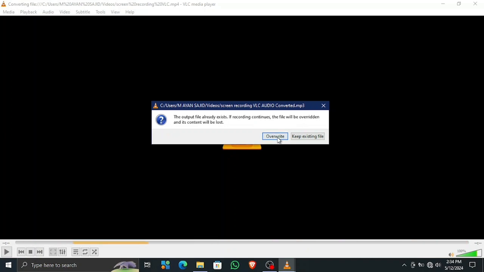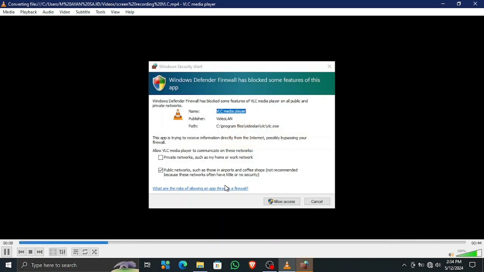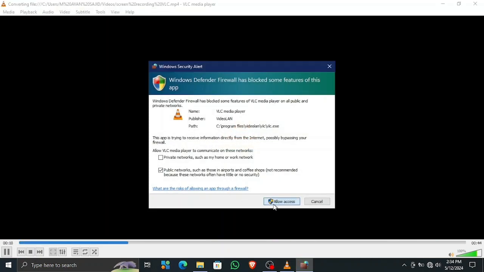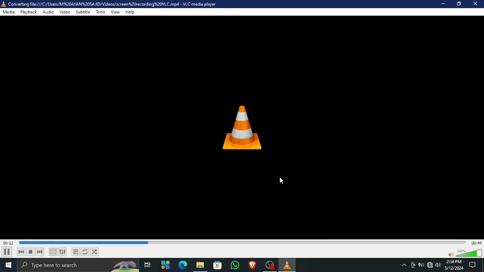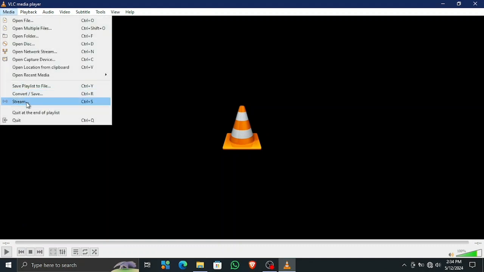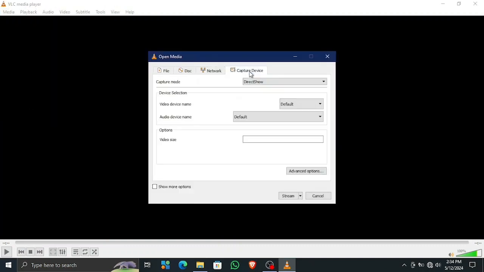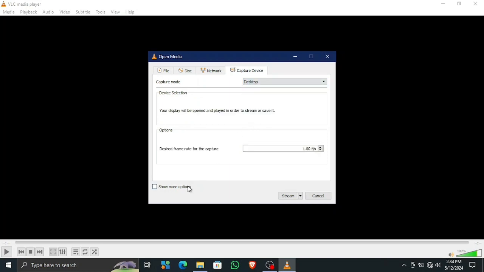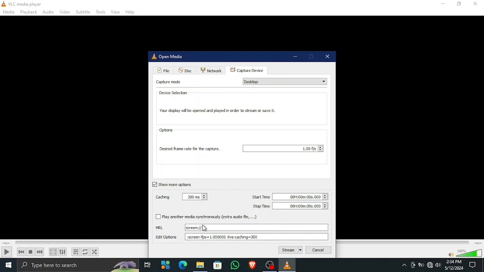This will make a new file and also enable how to stream using the internet. We have to allow access to the internet so it can use up the internet and stream. This is how we are going to do it. What if you do not want to stream an already made file? If you want to live stream your desktop, simply go here, capture card, here select the format, make sure it's screen